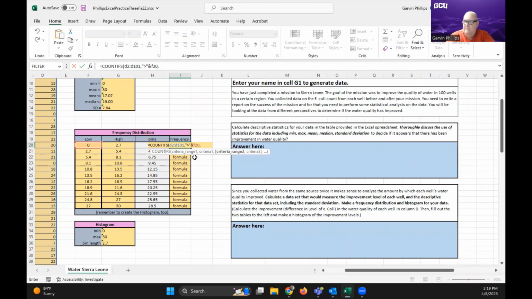And then we want the next criteria range, which is the same. So it's D2, D101, and then comma. And then we want the quotation marks. We want to be less than or equal to. We want to close the quotation. Use the and symbol again, ampersand, and this time we want to be less than or equal to G20 in this case,